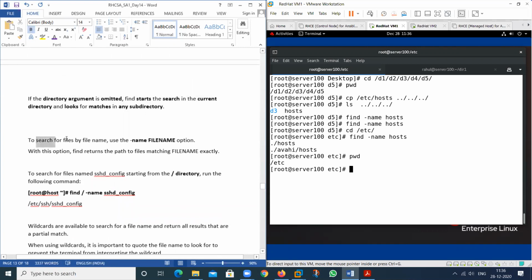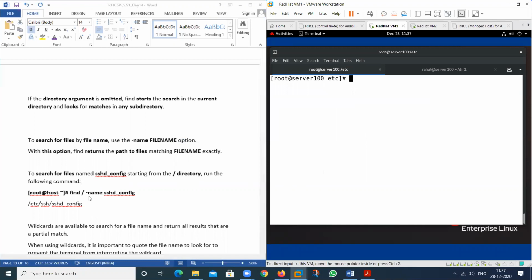If I want to search for files by using the file name, the syntax that is used is the -name syntax. By using this particular option, we can search any file and it will send me the result and provide the file path matching this particular file name exactly. So this is the concept that is used regarding that particular file. This is my file name, and this is the location of the directory. So you can see. So what is the use of this particular command?